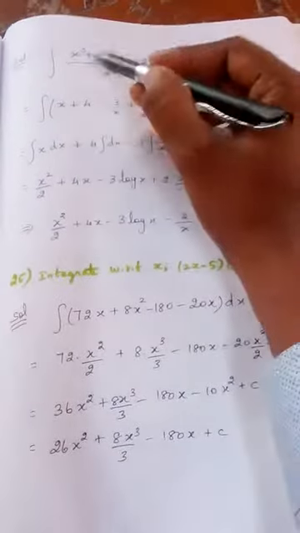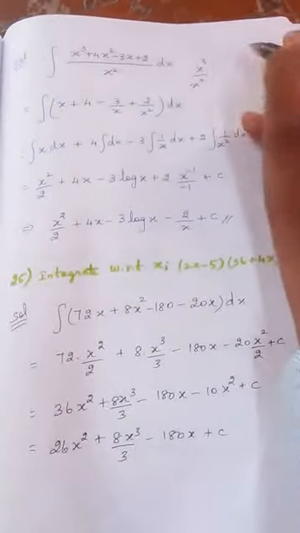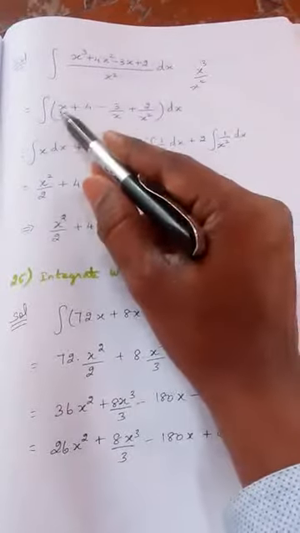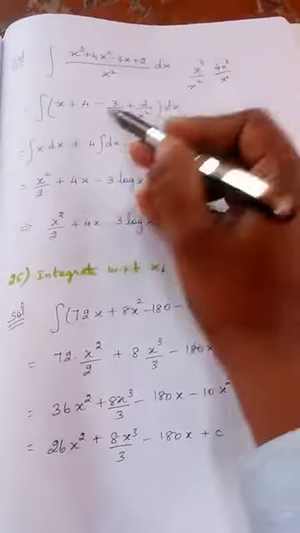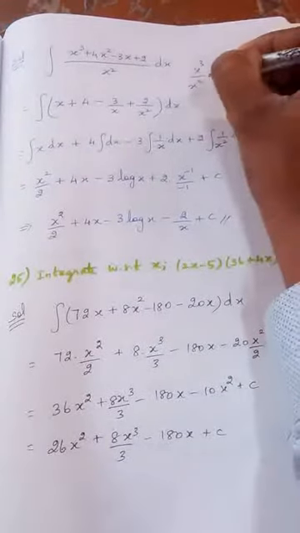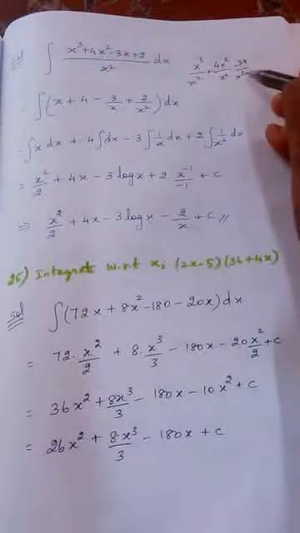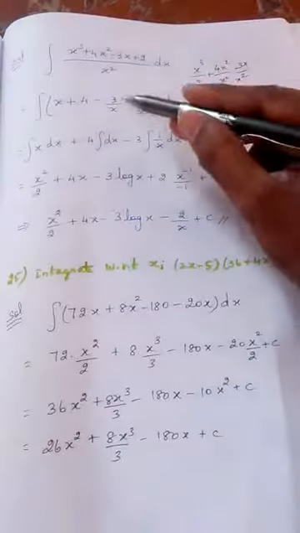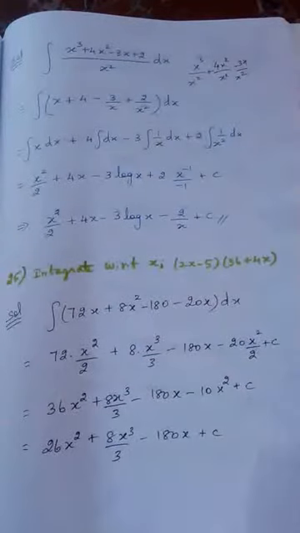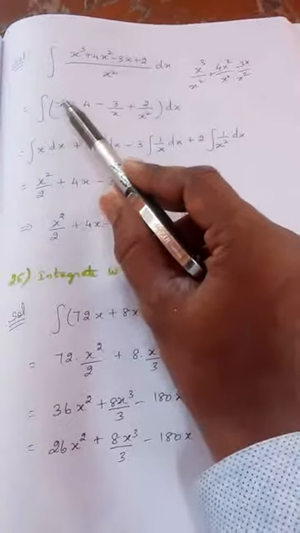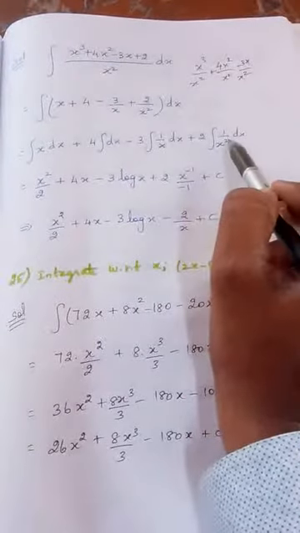Now see, just split this into 4 terms, x cube by x square, cancelling what happens, x will come. Then 4x square by x square gets cancelled, 4 will come, right, plus. Then minus 3x by x square, again x1, 1x cancels, 3 by x remains. Then 2 by x square into dx. Hope you will understand this. Now we are going to write this as 4 integration. First integration, second integration, third integration, fourth integration.